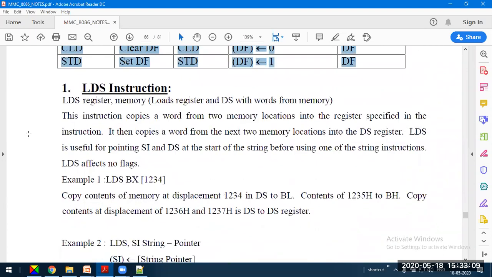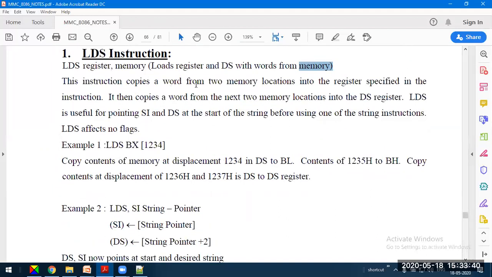Now another set of instructions is what is known as load and store instructions. The LDS instruction will load the content of data from memory location to register. In this case, the registers used will be the CPU registers along with the data segment register, and the data will be copied from memory location.